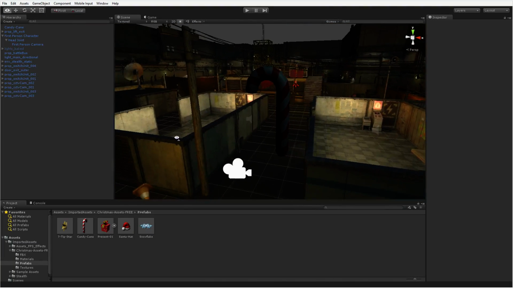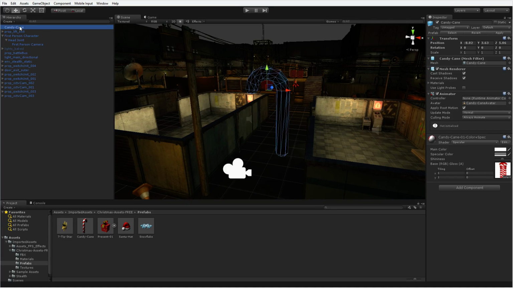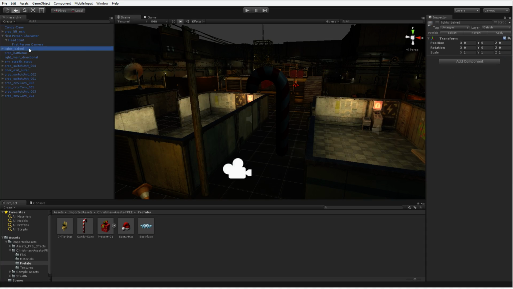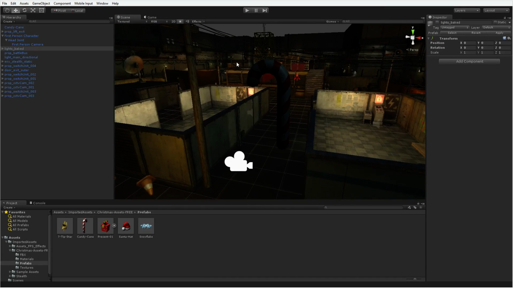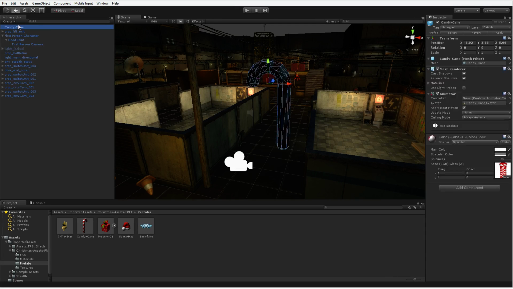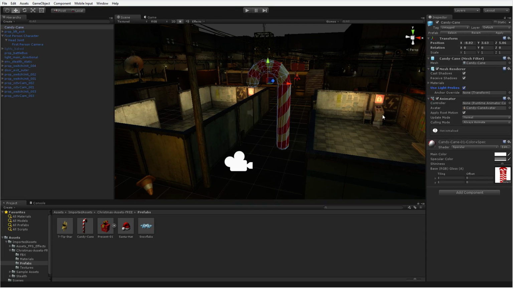Let's handle the first part, the fact that it's super dark. The reason it's so dark is because we turned all the lights off. Remember, we have these lights baked, and they're only set to baked only, so there's no real light in this scene. Luckily, when the Unity folks made this level, they baked the lights, but they also baked light probes. Since the light probes are baked, I can click on this candy cane and just say, use light probes.